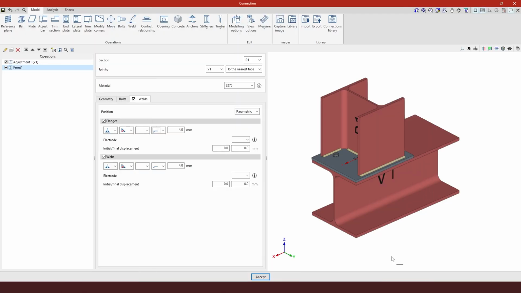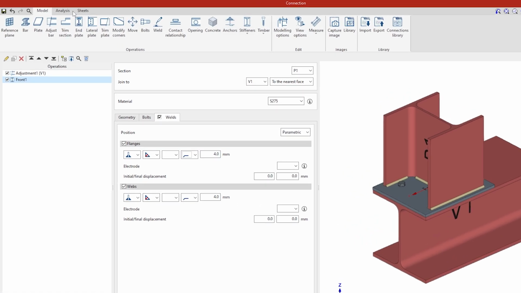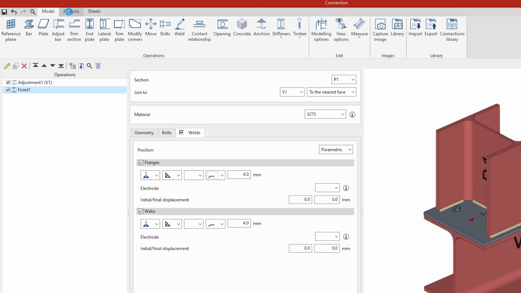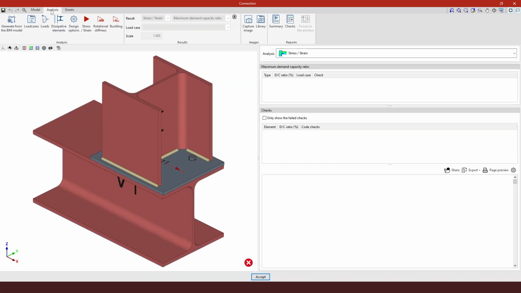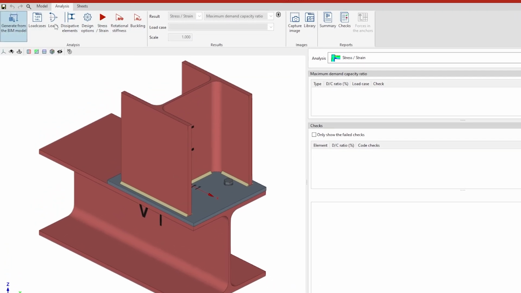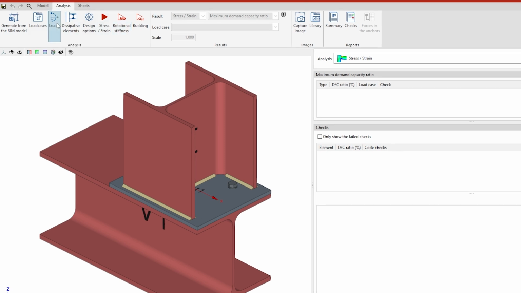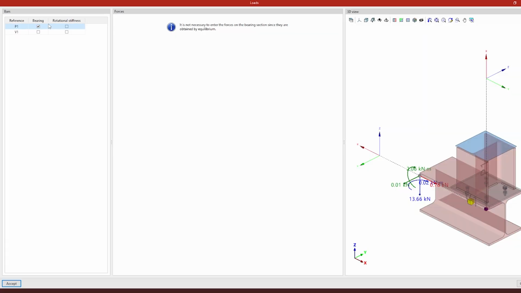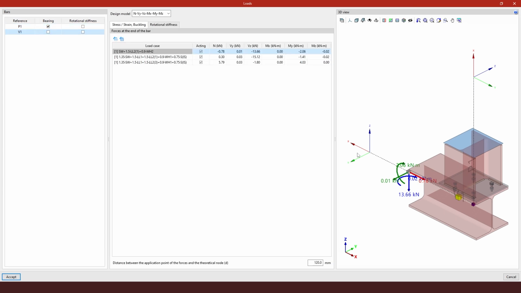Now that we have our connection designed, we're going to analyze it to see if it works. So we're going to move to the Analysis tab. Here you will find very helpful information. So first of all, in our case, we have loads and load cases in